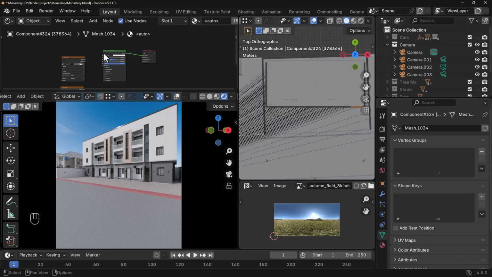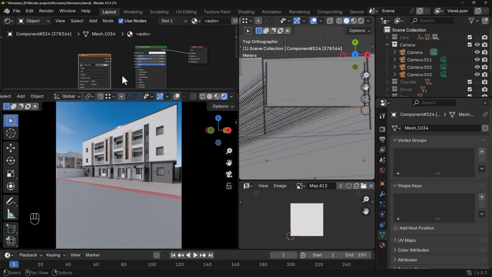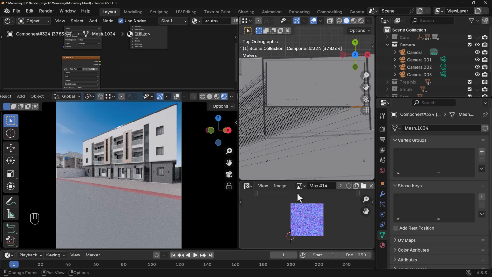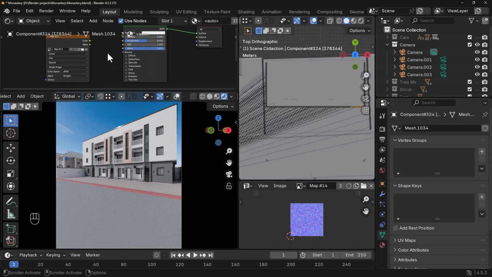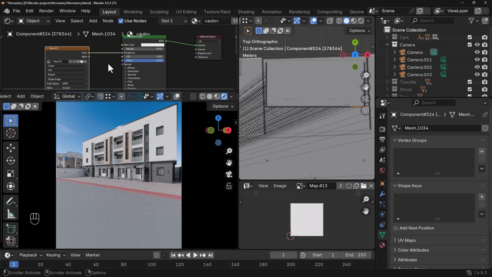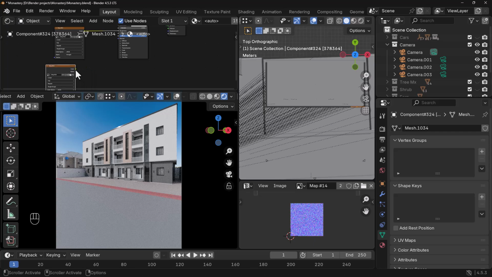Once I click, what I came with is roughness, because I just want it to be plain white, and this one now is going to be the bump, that's the normal. So once I plug this to the roughness, and plug this to the normal,